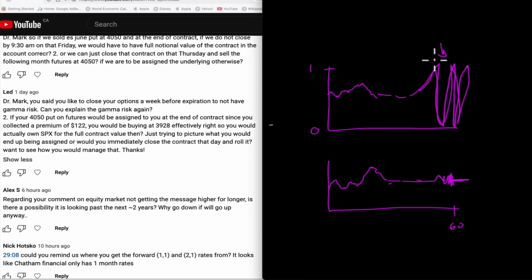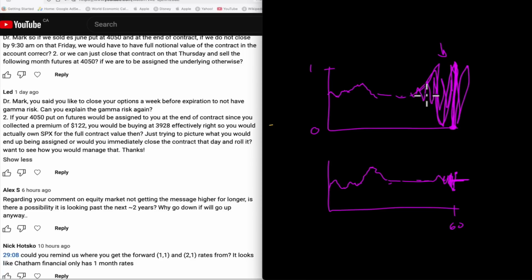Gamma increases, which increases the rate of change of delta. So on the last day of options expiration, if the price is around a particular strike that you happen to have, and in the last hour you're 5 or 10 cents below the strike price, you'll have a delta close to 0. If it goes above, it'll zoom to 1, it'll zoom to 0, zoom to 1. You'll have all of this gamma risk going on. And it starts to increase in that final week. You'll start to see this going on, especially if you have options near a strike price, as you get a lot of that gamma risk going on.